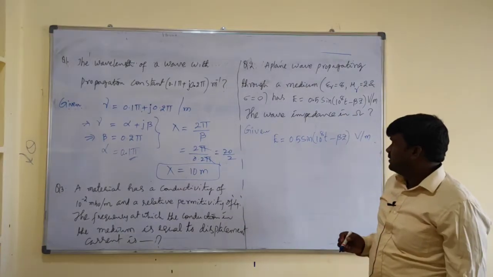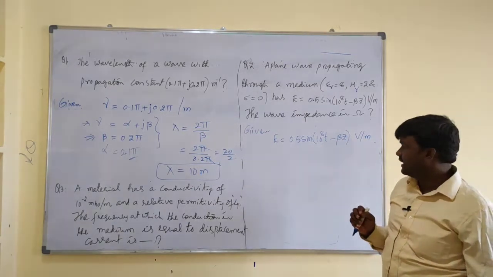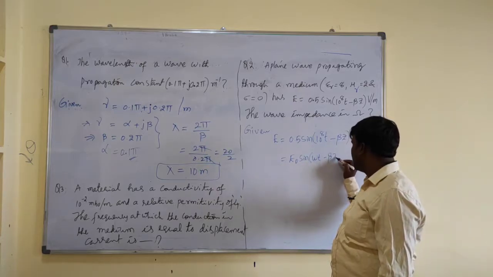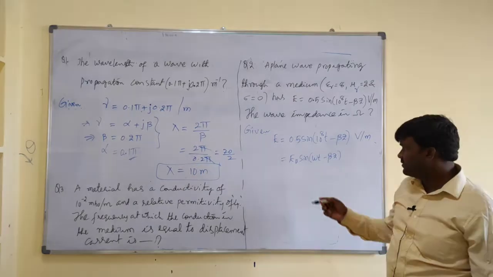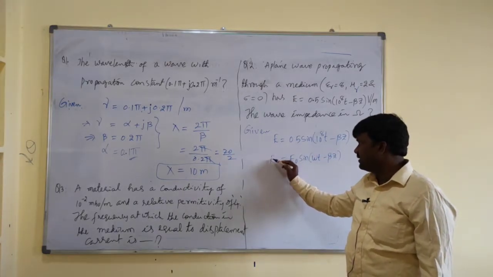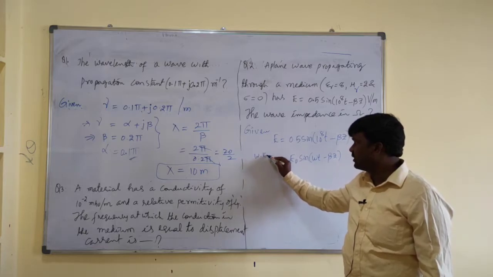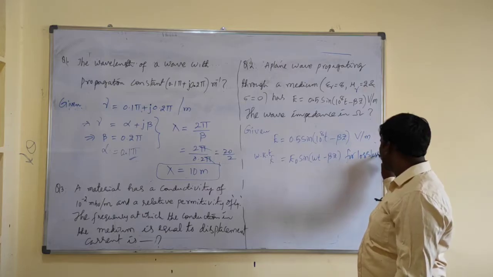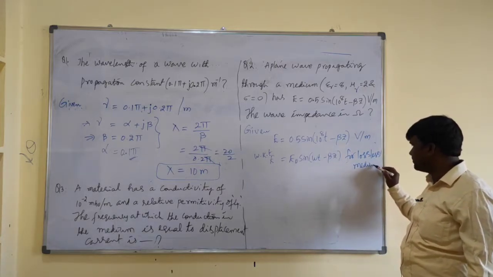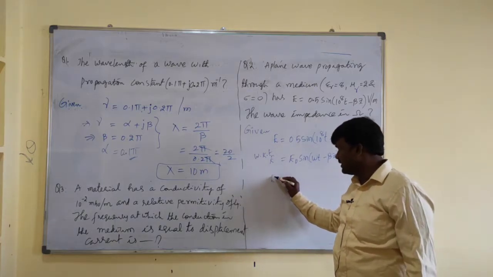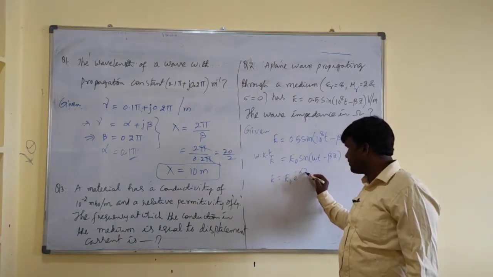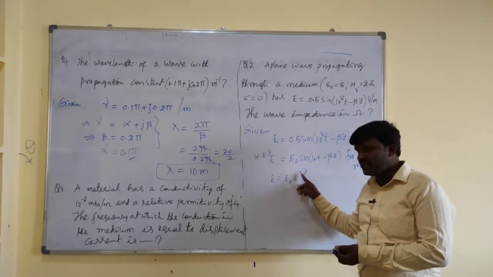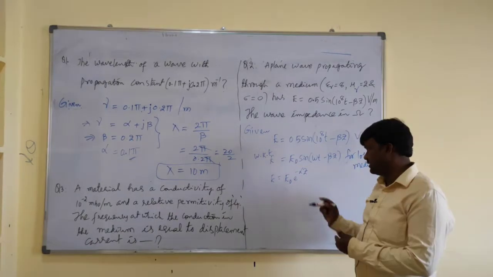Here the wave is travelling along the positive z direction. It is in the form of E naught into sin of omega t minus beta z. This is the expression of E for a lossless medium. For a lossy medium, E equals E naught into e to the power minus alpha z. There exists alpha like this. Due to the attenuation constant, there is a reduction of the signal strength.